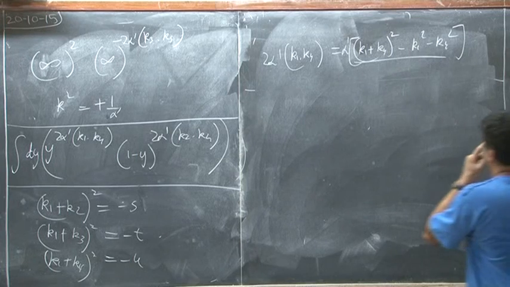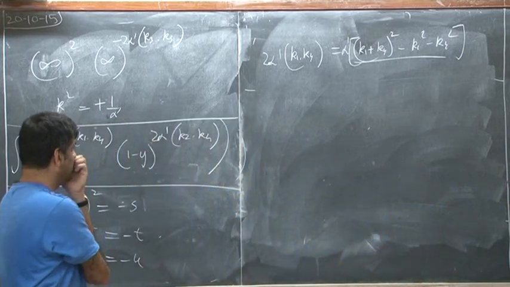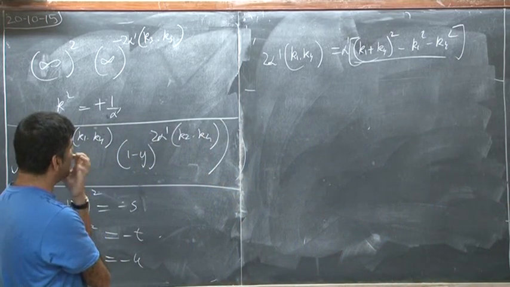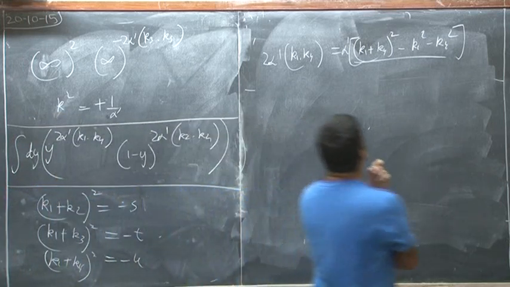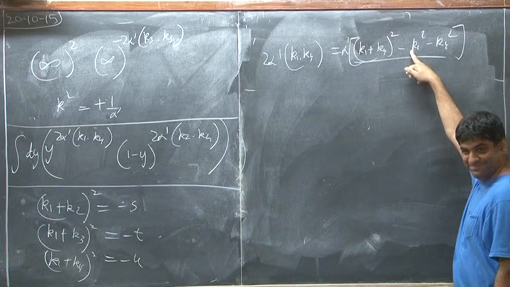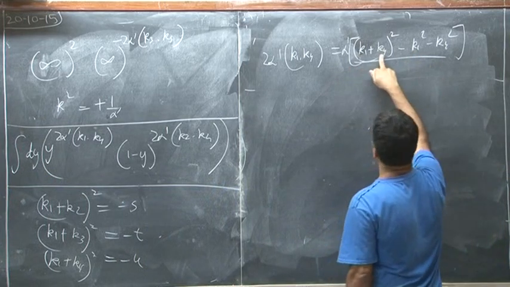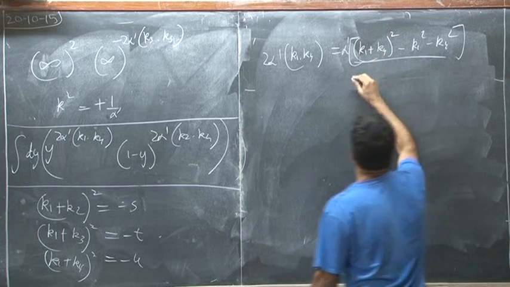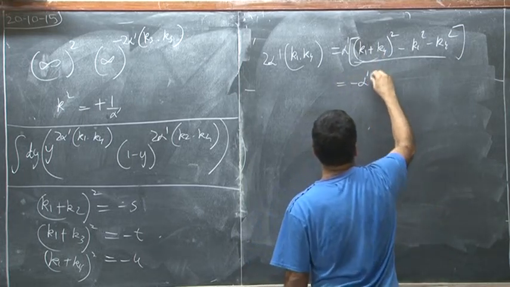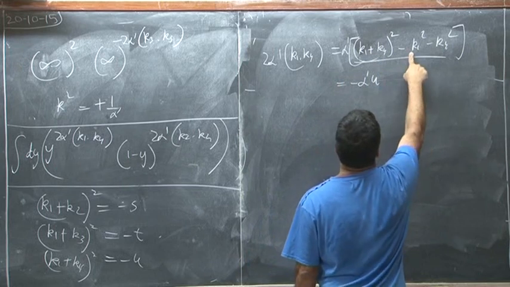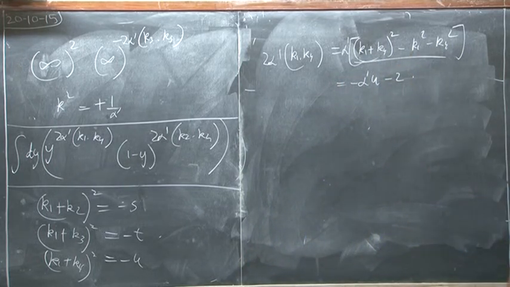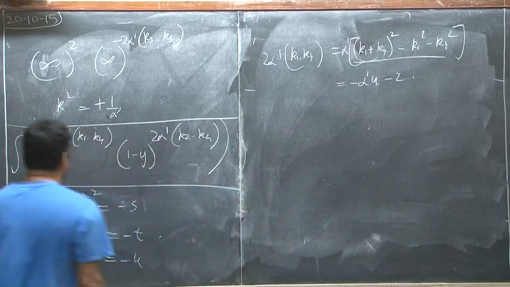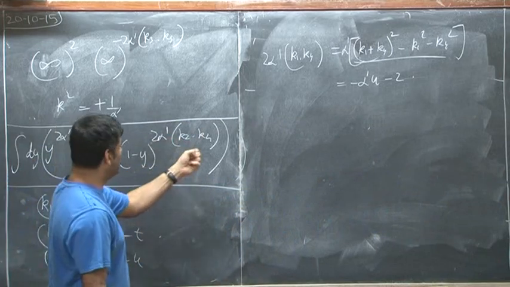Okay? And then we have k1 squared is 1 by alpha prime, and (k1 plus k4) the whole thing squared was minus u. So this is equal to minus alpha prime u minus 2. Is this clear? In the same way, this quantity is k2 dot k4,